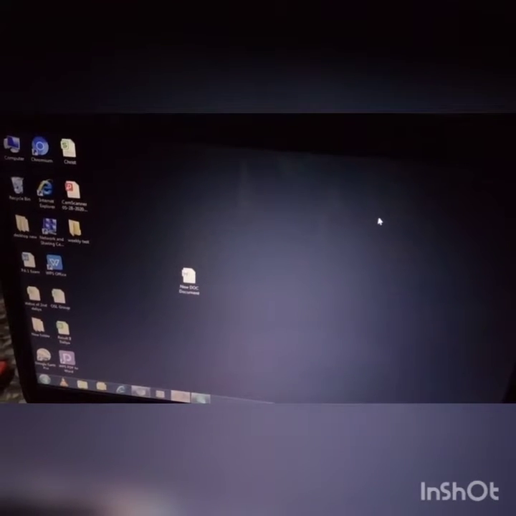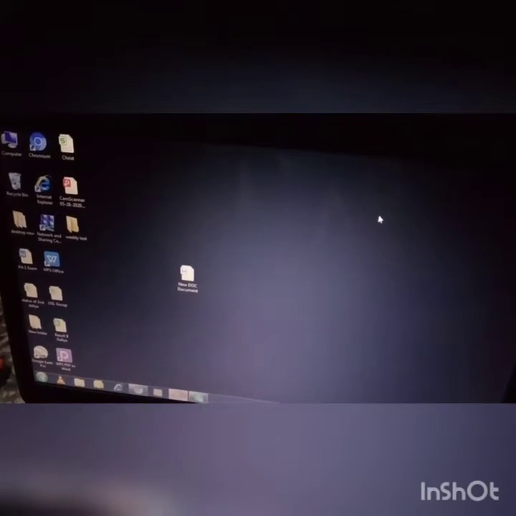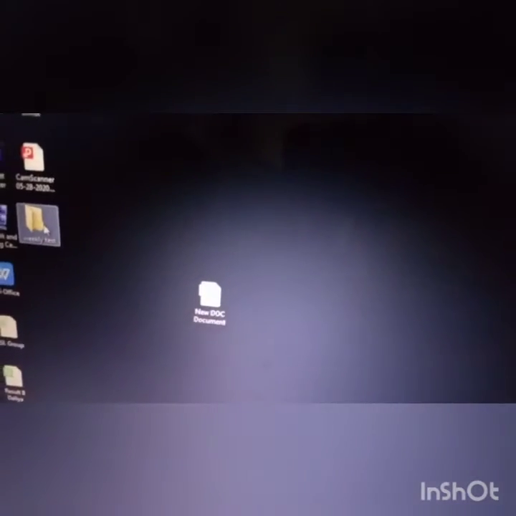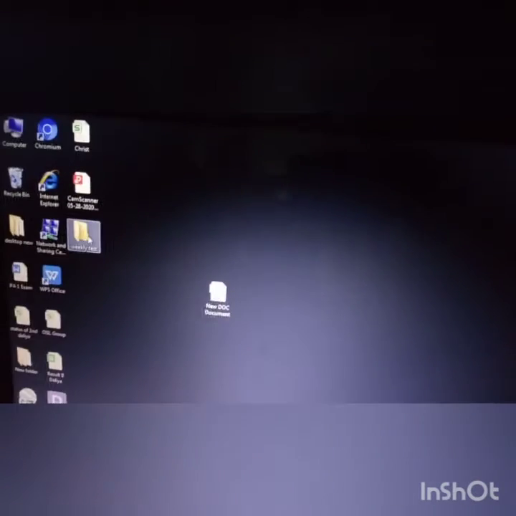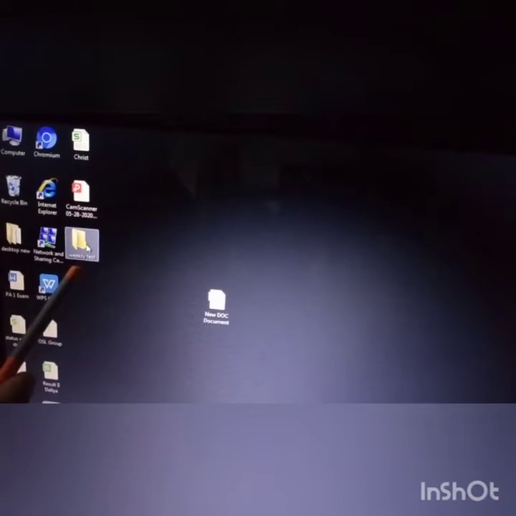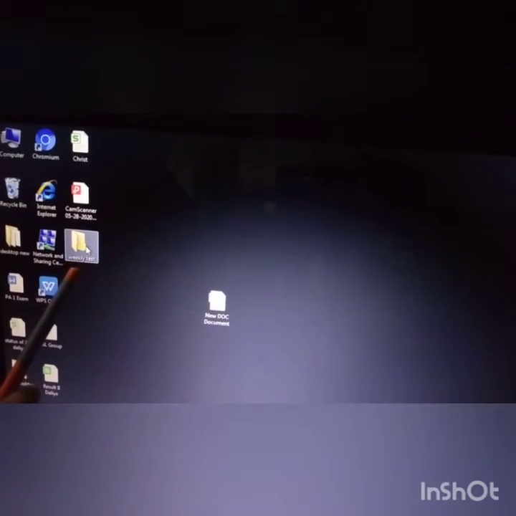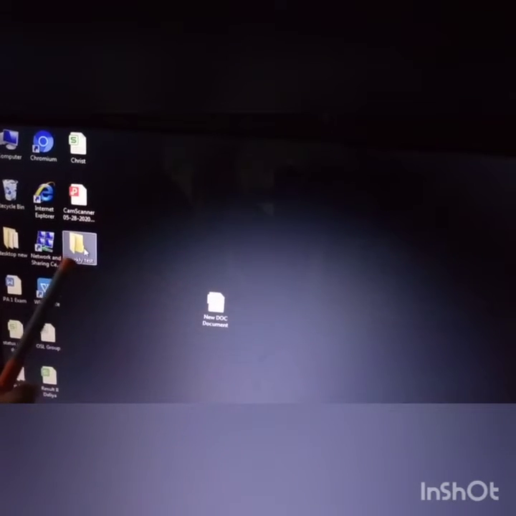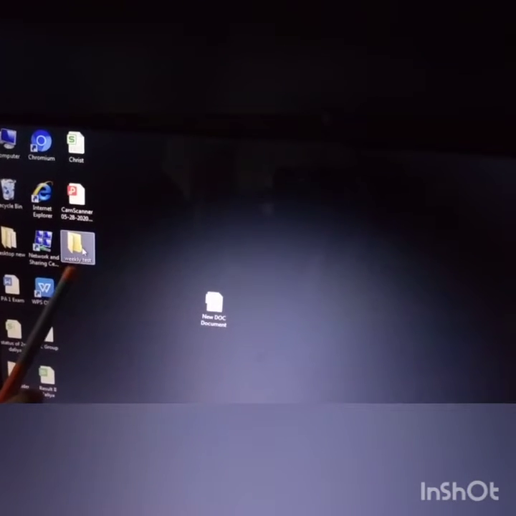I will give you an example here. You can see a folder here, weekly test. With the name you can identify that all weekly tests are stored here.